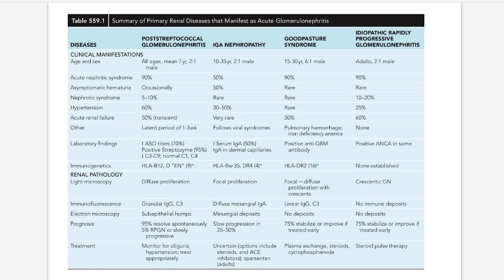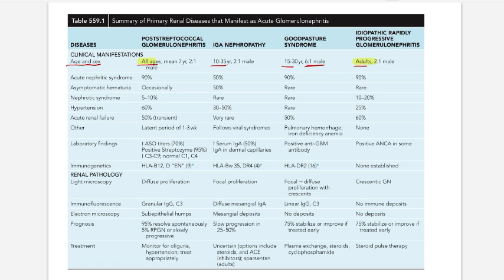So first things first, what is the age and sex criteria? PSGN can occur in all ages. IgA nephropathy is 10 to 35 years, Goodpasture syndrome 15 to 30 years, and RPGN in adults. Okay, so what are the ratios? The male ratios are 2 to 1, 2 to 1, 6 to 1, 2 to 1. So from this age and sex criteria, you can see that the entities occurring in all ages are PSGN